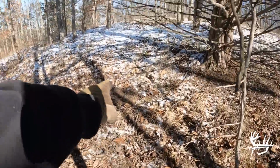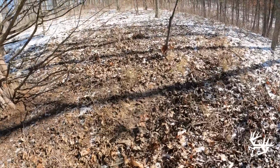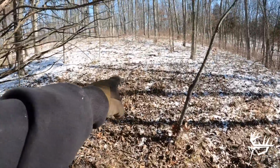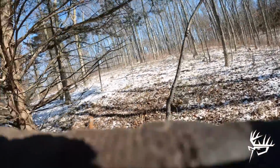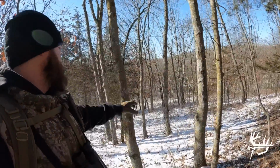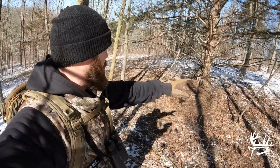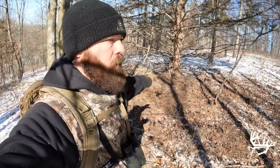There's another deer laying right there. Another one right here. Another one right up there. But just goes to show, this hill is probably 80 to 90% snow covered, but as you can see, under these cedar trees you got open grass, and that's where those deer are all piled in. They go to where that bare ground is and they bed up for the day, especially on these south-facing slopes